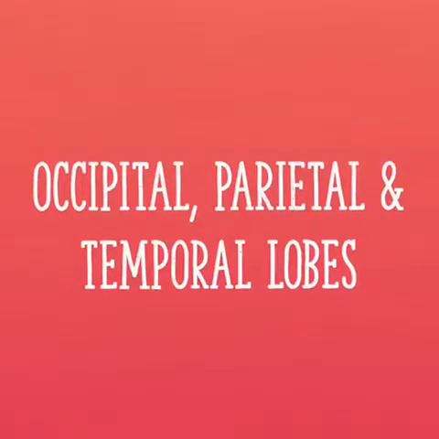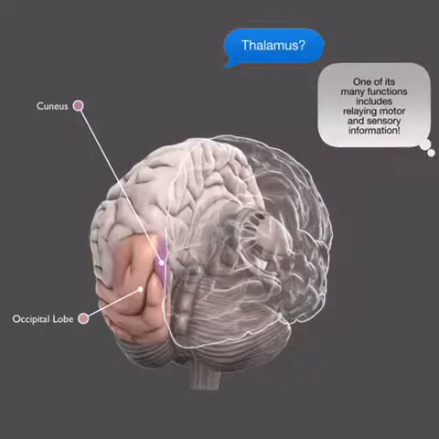So today, as the title suggests, we are going to be talking about the structure of the occipital, parietal, and temporal lobes. So let's just jump right into it. We'll start with the occipital lobe, and its function is pretty straightforward. It's the primary visual area of the brain, and what it does is receive projections from the retina via the